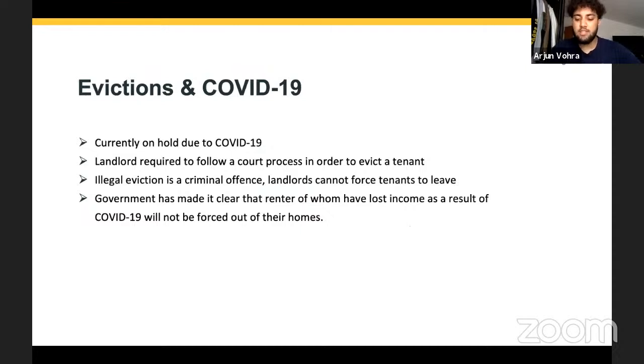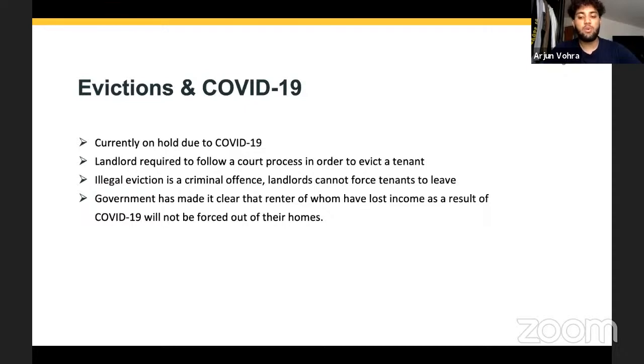Evictions and COVID-19. Currently, all possession cases in the court are suspended due to Corona. This includes all claims to be issued at the court. There are no hearings in relation to possession cases. There are no evictions taking place at present. The suspension of court activity for housing cases started in March and will continue until the 25th of August 2020. It is estimated that the first hearings of court cases will be in mid-September, and that in September and October, hearings are likely to take place by telephone or video.